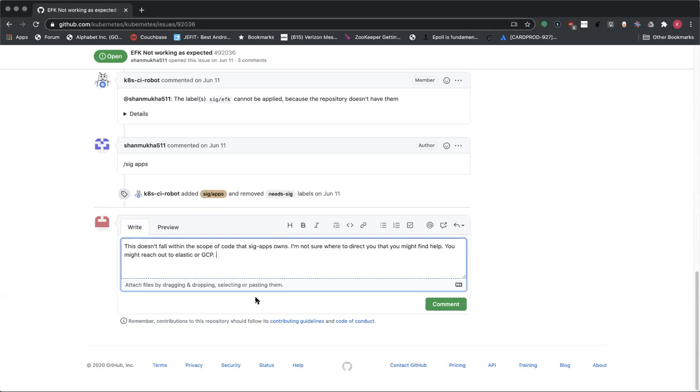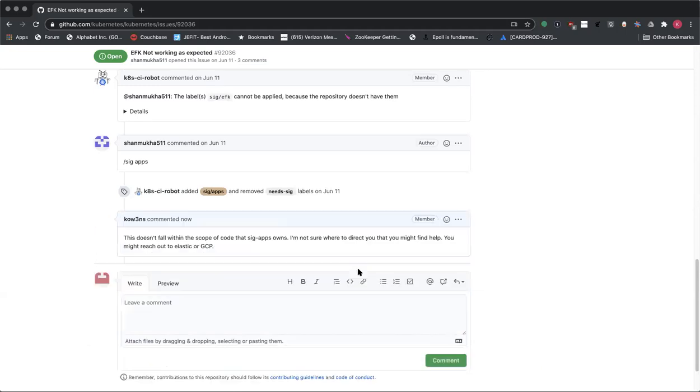If they're GCP customers, they can reach out to a TAM and get help. And if they're deploying an open source solution sponsored by Elastic, Elastic would probably be the right people to talk to. But certainly not us. I can't do a thing for them, unless anyone else thinks they can.